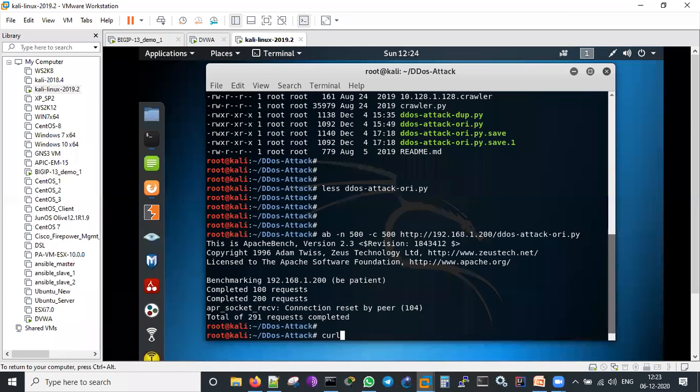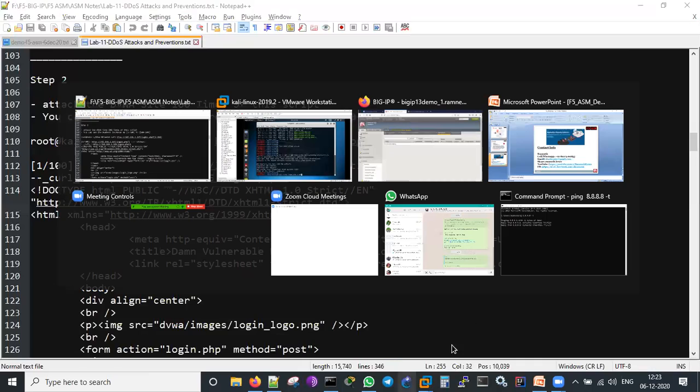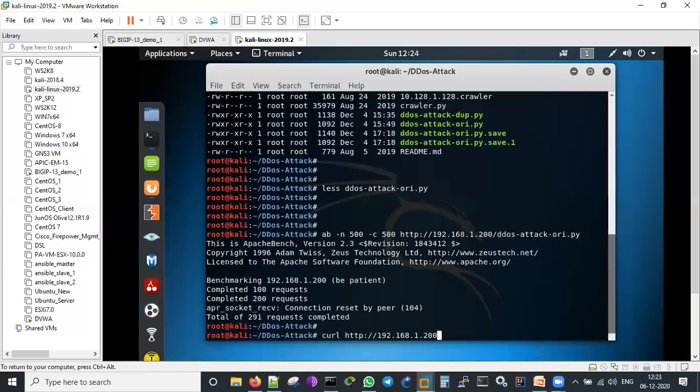I'll do curl http://192.168.1.200/login.php, and in the brackets 1 to 200, attacks I'll be making.